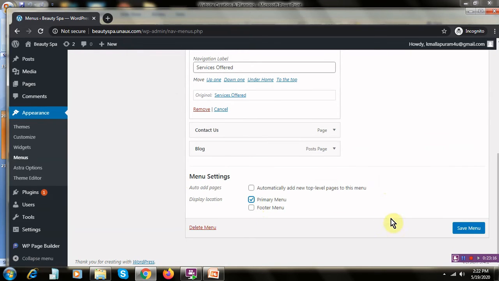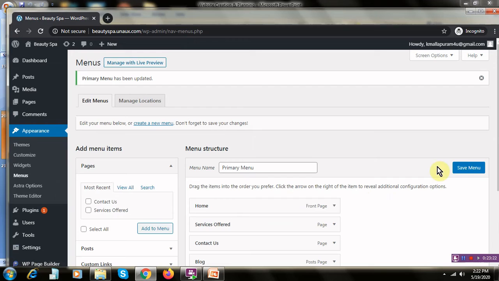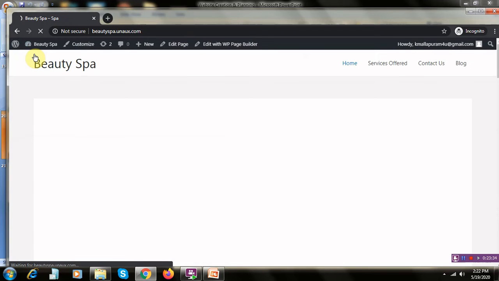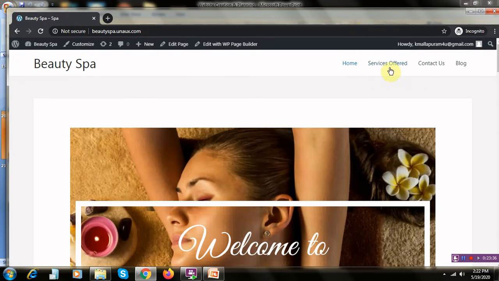Display location, primary menu. So we have changed that, but we have not clicked that. That's the reason it would have shown save menu. We should not have arranged it as we would have liked. So let's go back and again check the visit site. See, now it is changed. All right, now it is clear.